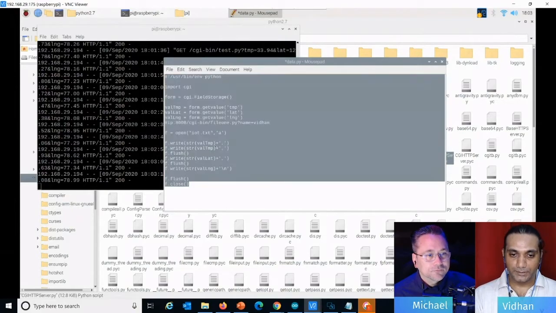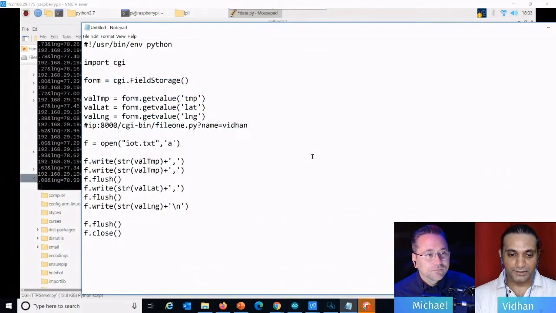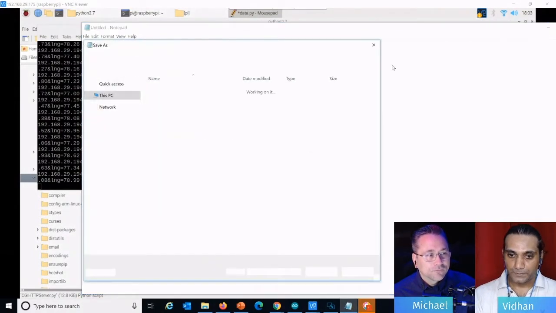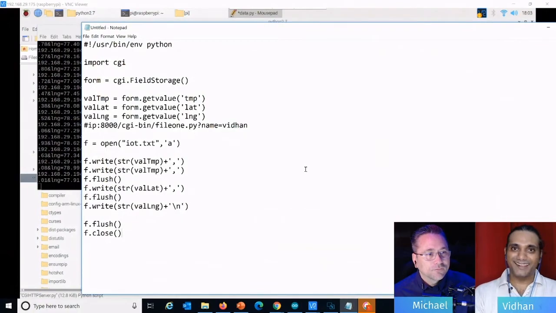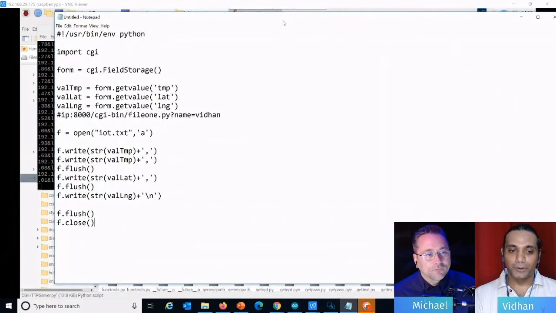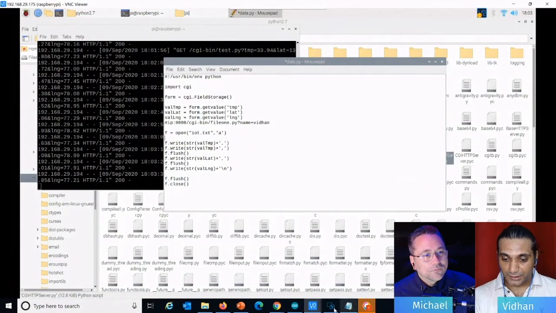iot.txt. Okay, so I'm going to copy this and paste it here. Don't store it. So this is a very simple code, right? One of the simplest code that I could have thought of creating. Now, let's run this